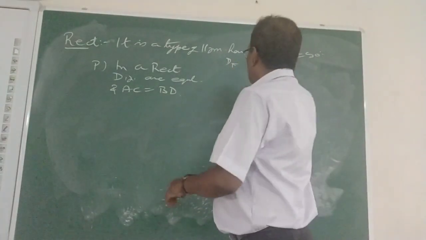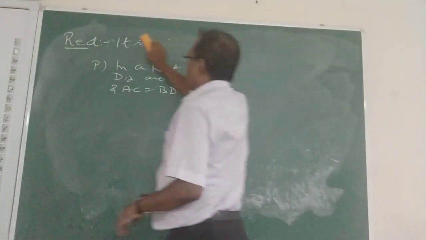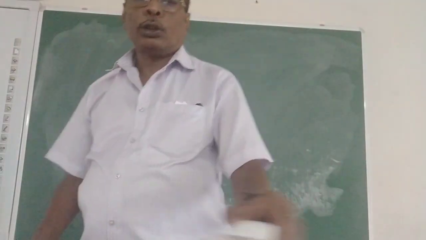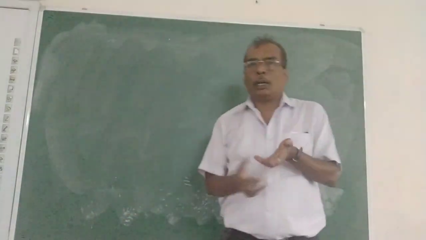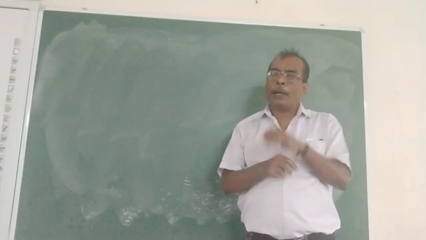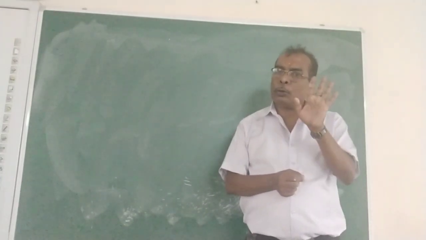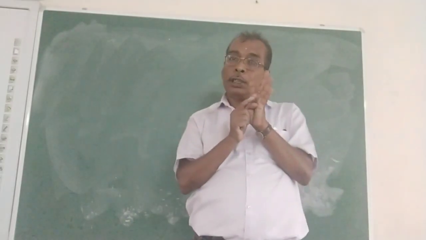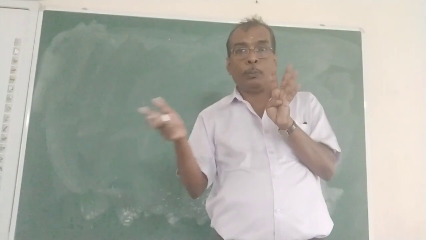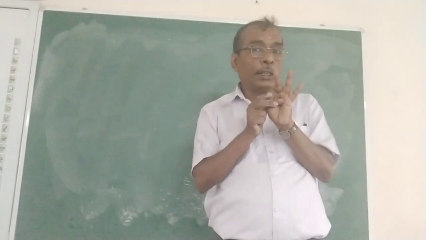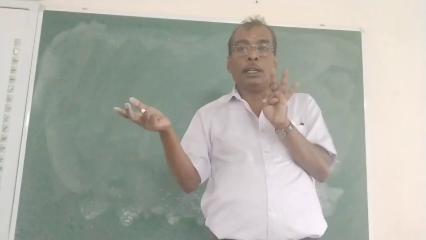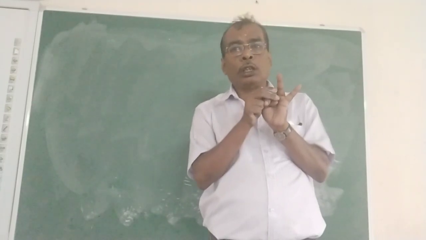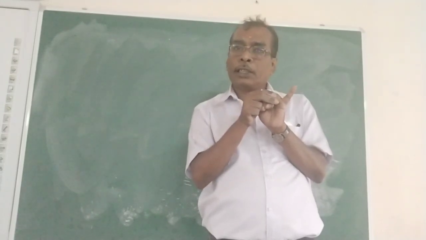Now before going to start, last day I told you that suppose we want to prove that a quadrilateral is a parallelogram or not. For that, I told you to try to prove opposite sides parallel from the given data of the question. If it is not possible, then try to prove opposite sides are equal. If that data is not available, then try to prove opposite angles are equal. If that is not available, go for whether diagonals bisect each other or not.